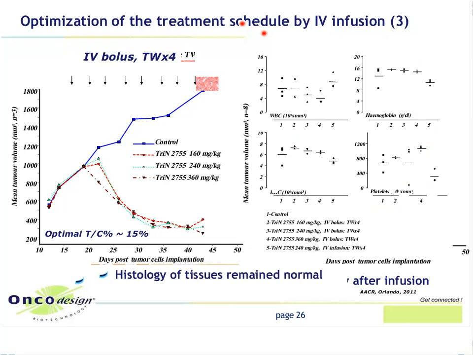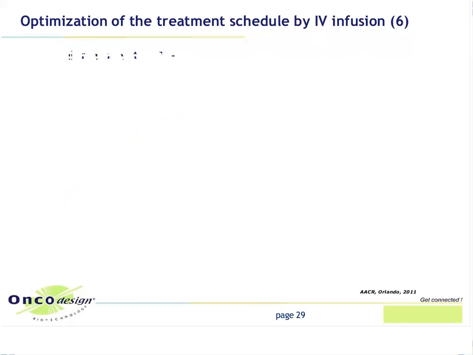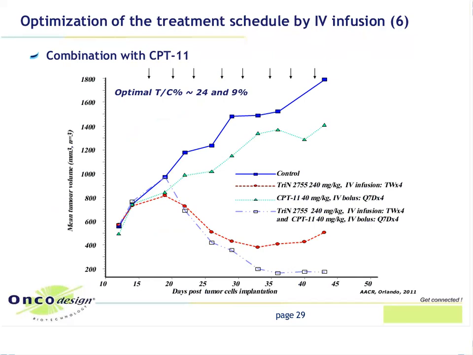And we also checked by blood numeration the formulation, where we studied the white blood cells, red blood cells, and platelets, and we did not see any strong difference of these blood cells compared to control, except platelets for one group here. So the blood numeration remained normal, and based on this data, it was decided to combine the drug with CPT11